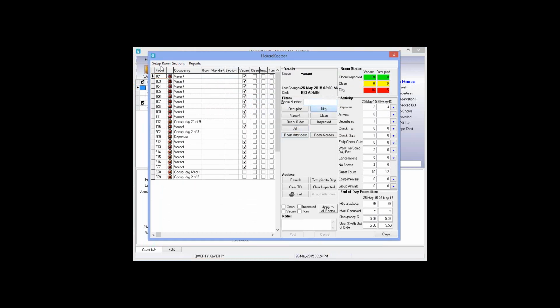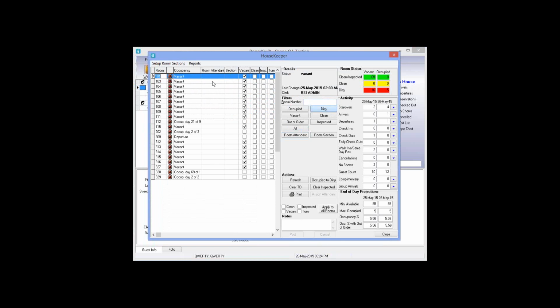Again, I'm going to filter down to all dirty. So here's all the rooms I want to assign. So we added the multi-select feature. Now the multi-select is the same that you would find in Microsoft Word, Excel, most programs out there where a multi-select would exist. So the multi-select is basically you click on the first number or first line that you want